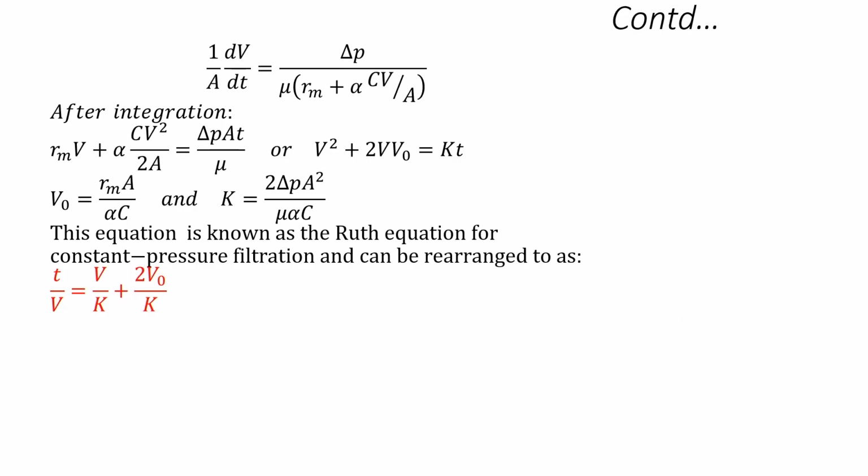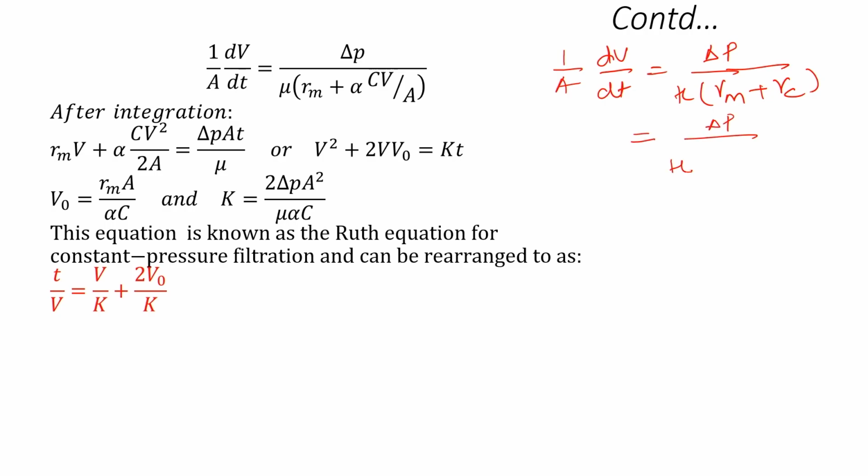upon area. So, now if you remember the last equation, it was 1 upon A dV upon dt equals delta P upon mu (Rm plus Rc), and this can be written as delta P upon mu, viscosity, (Rm plus Rc), and Rc we are writing as alpha C V upon A. Now, we can rearrange it and integrate it. So, what will we get? It will be dV